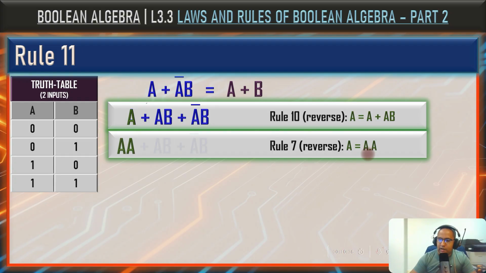So the expression becomes a times a plus a times b plus a negated times b. Just to be clear, Rule 7 was applied only to this term, resulting in this new expression shown here. The remaining terms stay the same, okay? Now, if we try to apply the reverse distributive law to this term, okay, we would end up back at this term, okay? Which means we still wouldn't reach the desired equivalent expression.